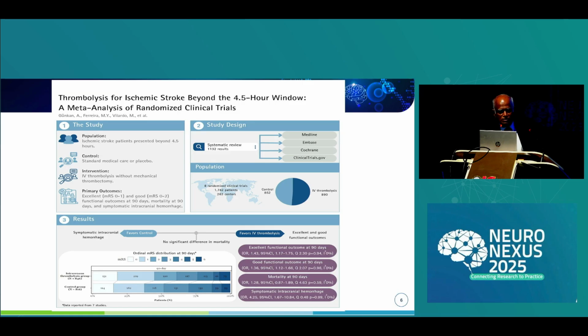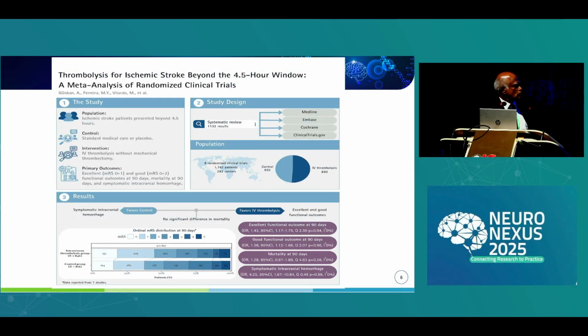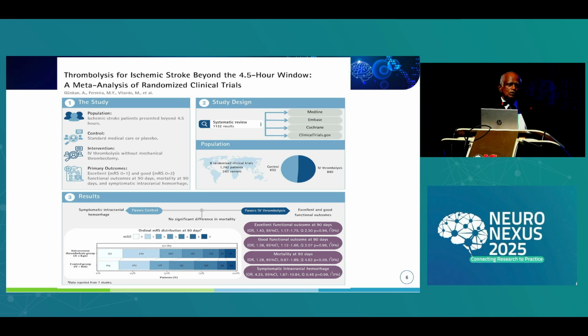This is the latest study which I borrowed from the New England Journal, which I quoted about the 8 studies that I mentioned, and the point of note is it analyzed data from 1,742 patients over 263 centers involving virtually the entire globe. Control were more or less equally distributed. The outcome was excellent functional outcome at 90 days, and good functional outcome was seen with a trend towards improvement. However, the study was not powered for studying the mortality and the symptomatic intracerebral hemorrhage, though there was a mild elevation